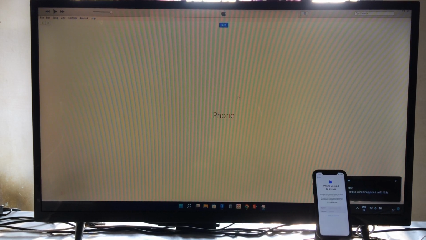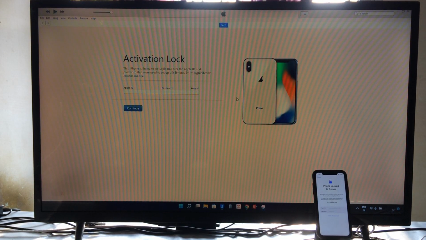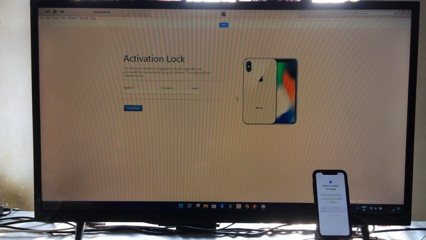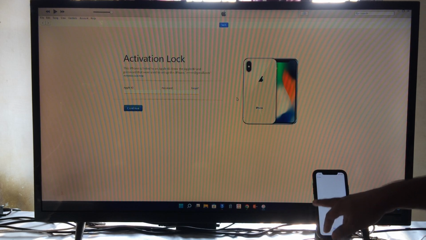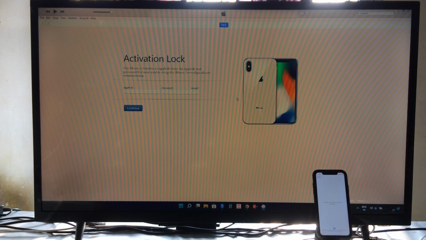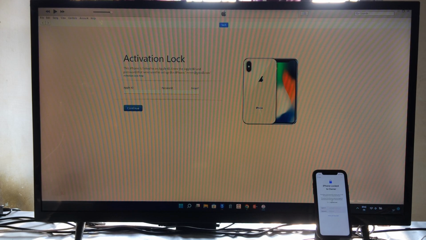computer, now see it's tracing and it has started to access the data, and now it has been trapped on the link. Similarly, if I click here, it will take a few minutes and then we will see what will happen. So we don't have options to go as a new setup of this device. In this situation, it's very important to remove permanently this iCloud activation link from this device.